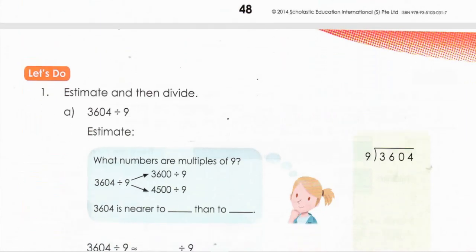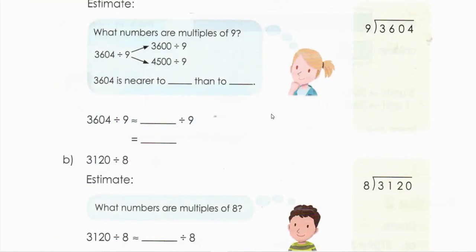Similarly, you can go to the estimation value here. Suppose if I take this 3604 divided by 9, which is similar, you just try to imagine that these numbers possibly should be divisible. In that way you have to estimate it. So 3600 or say 4500. Of course 36 is also divisible. Okay, 9 3s are 27, 9 4s are 36. So either you can take 36 here or you can take 4500, but you take it 3600 because 4500 is very far.